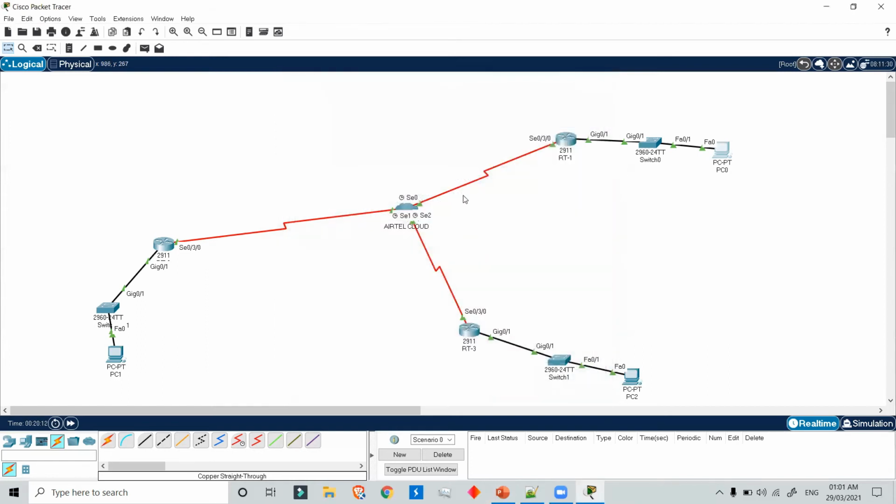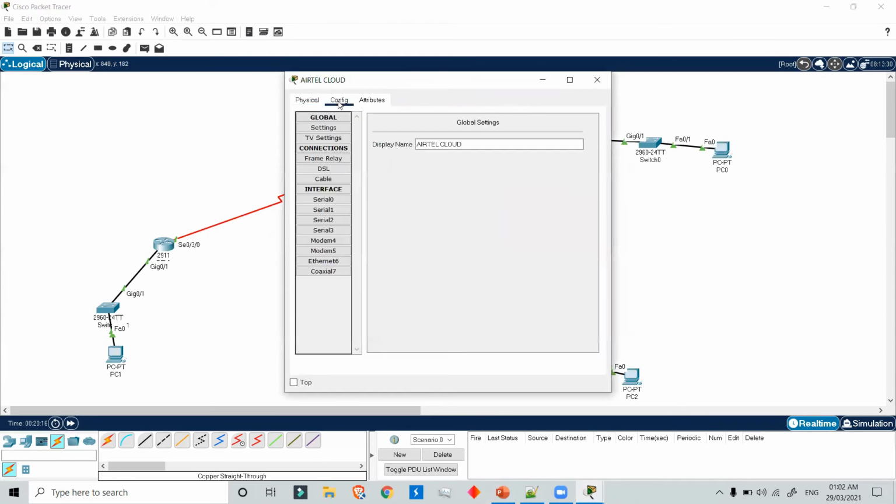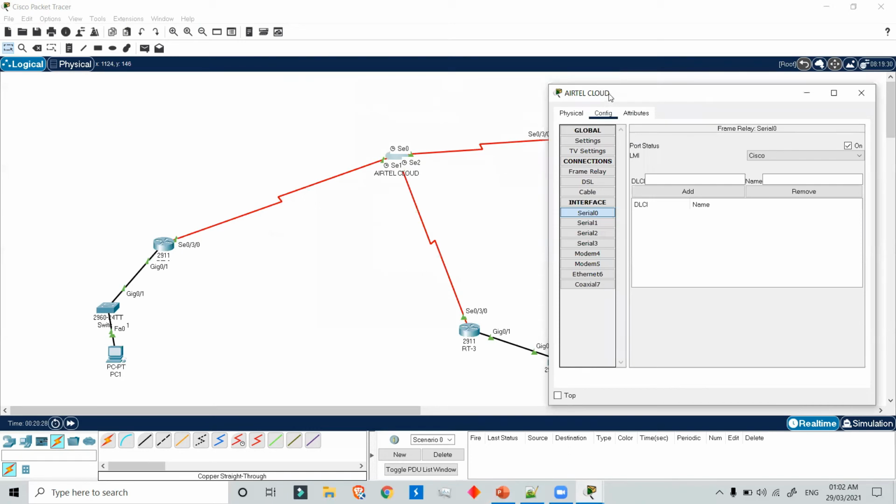Thank you, Manish. So for adding the frame relay connection into the cloud, we'll click on the cloud and go to the config. And in serial 0, we will add the DLCI value and the name here. In serial 0, we have connected router 1. For router 1, we have two connections: one is router 2 and one is router 3.